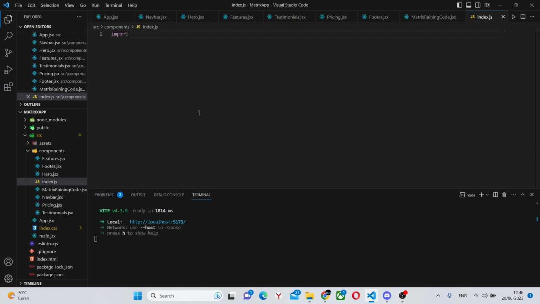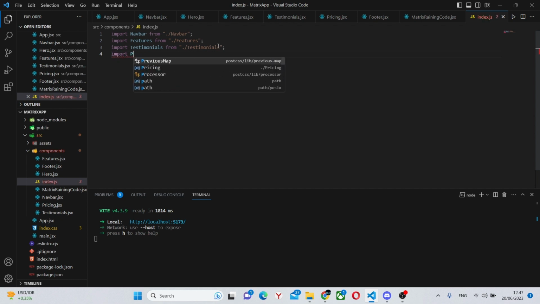Now we can create an index.js file in the components folder to import and export all of these components. So we can say import navbar, import features, import testimonials, import pricing, import hero, import footer, import matrix training code, and I think that is it.